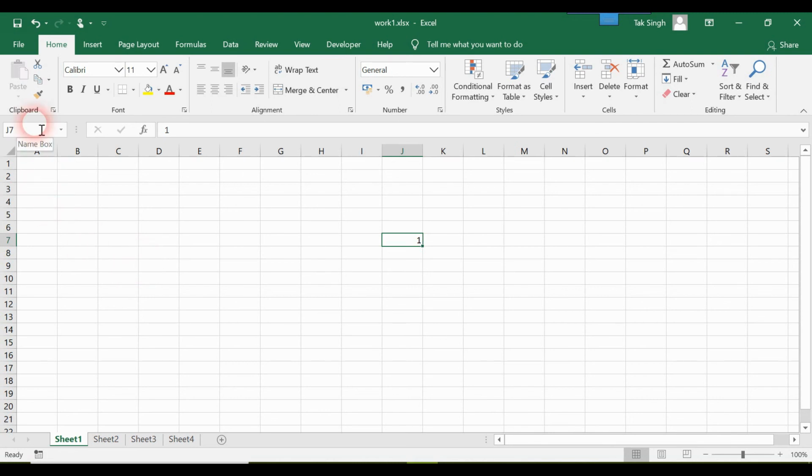And the advantage is that, say A1 or J7, if you don't like the name, you can change it. It is not what I will recommend right at the beginning, but in the programming part it will be a lot helpful. But since we are not programming at the moment, I won't recommend you to change the name of the cells because it will not make sense. But say I change it to Aditya,